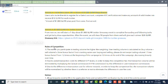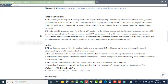There are some basic rules for the competition. The earlier you participate in trading volume, the higher the weighting. The user trading volume is calculated as, as you can see in the bracket, buy volume plus sell volume multiplied by the time bonus factor. Continuously buying and selling by the same user, please do not swipe and inflate trade volume. The time bonus factor is 1.2 times at the beginning of the campaign and 1 times at the end of the campaign,